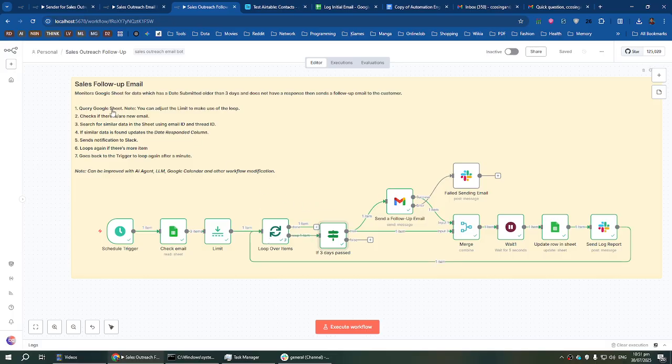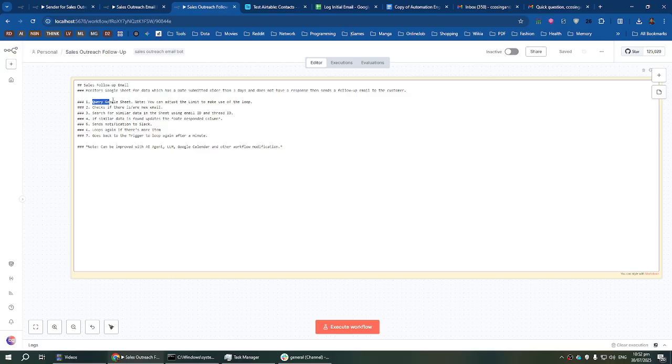And if you read the instruction, it queries the Google Sheet again and checks if there are new emails. There are no follow-up mails.